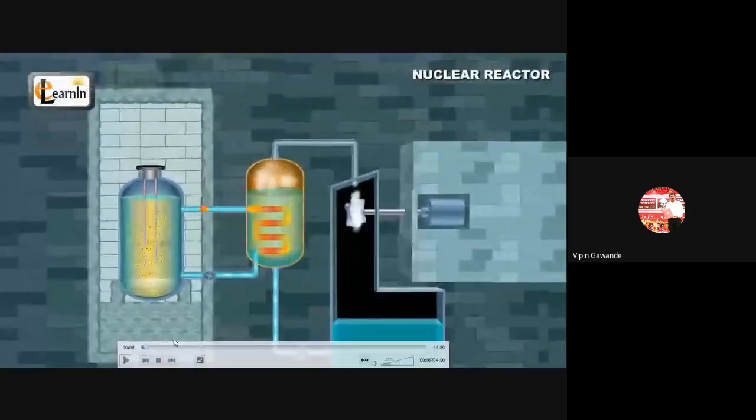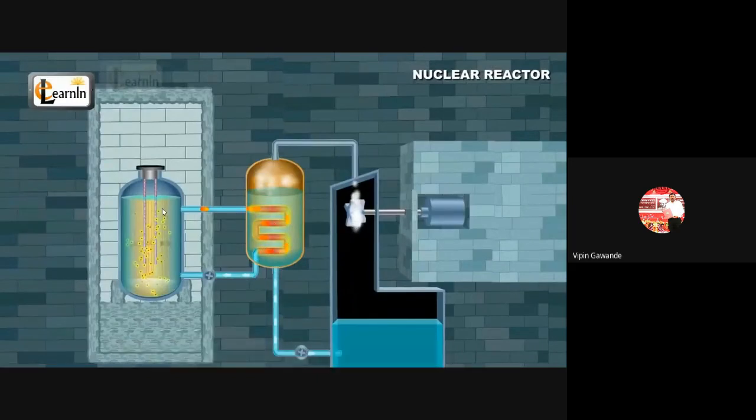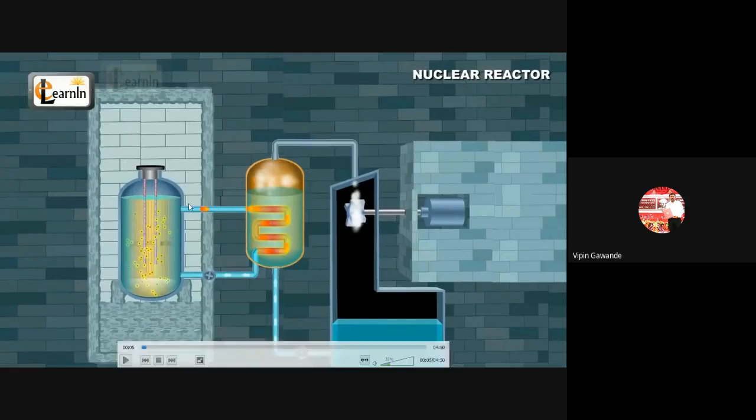See, this is our nuclear reactor. हे काय आपलं nuclear reactor आहे. Now this is the coolant. हे जे portion दिसतोय, now this tube is called, this is the tube through which the coolant is flowing. ठीक है? Now this coolant it enters into the nuclear reactor. It absorbs the heat energy from the nuclear reactor and then it comes to the heat exchanger. This is heat exchanger. Heat exchanger मध्ये काय? The heat exchanger consists of the water. So that coolant it releases its heat to the water and water is converted into superheated steam.